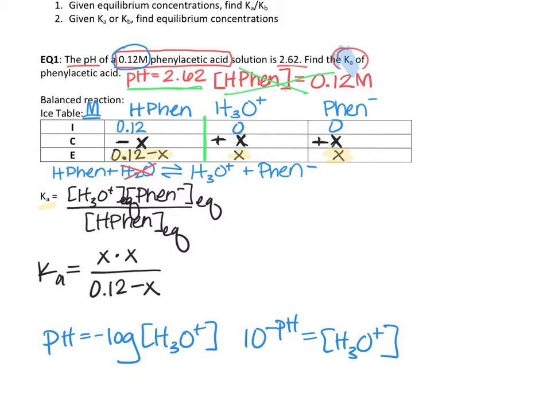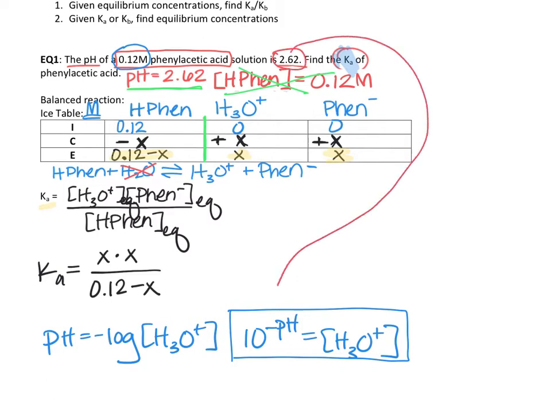I want to draw your attention to this one right here. This one is telling me that if I take the pH given right here, and plug it into this expression,